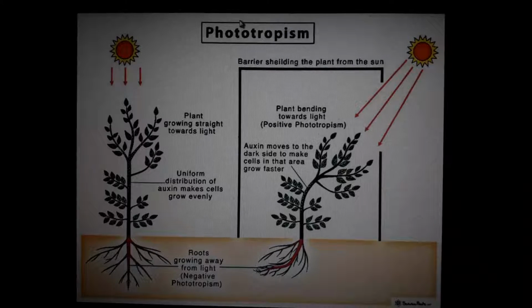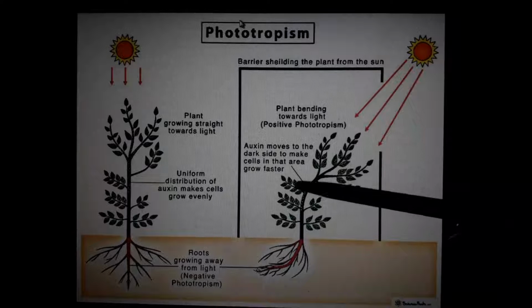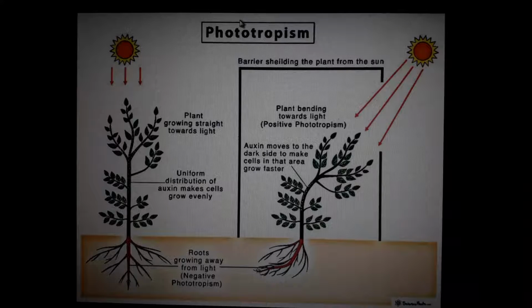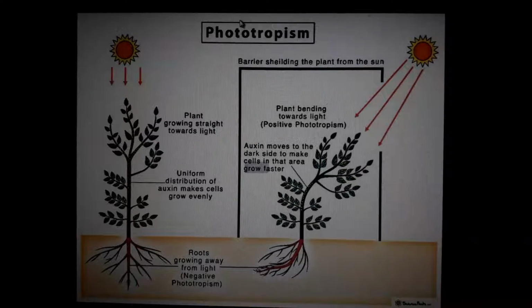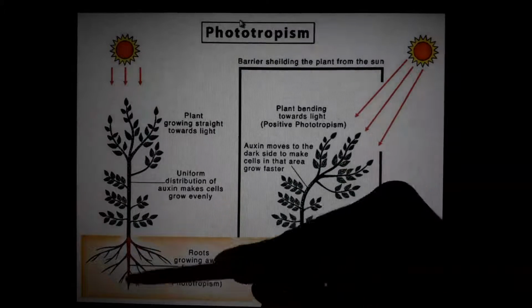The plant shoot will bend towards the light, and the root will bend away from the light. That is called phototropism, with negative phototropism and positive phototropism. The root of a plant bends away from the light. The shoot of a plant will bend towards the light. That is phototropism. Why is this happening? You know that auxins are plant hormones, isn't it? Growth hormones are auxins. No doubt regarding that. Any doubt?